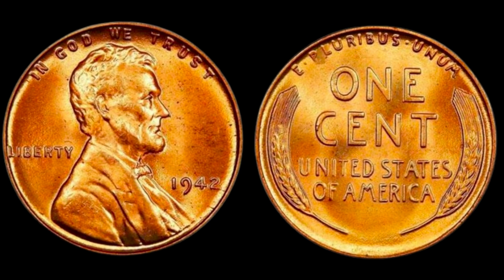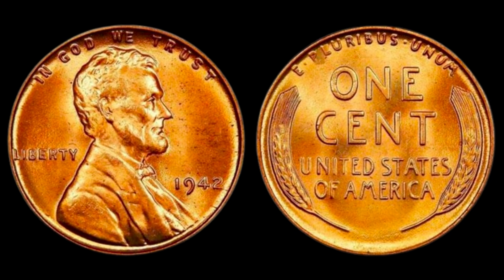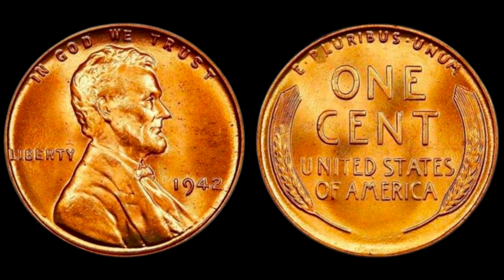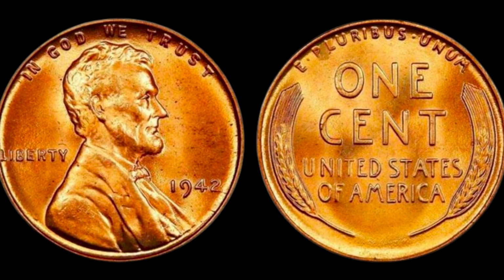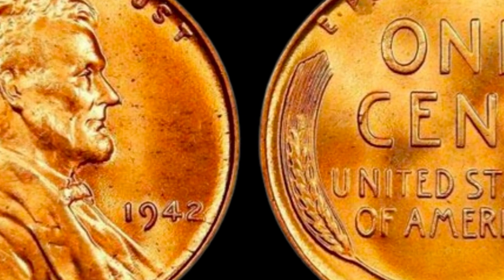Step 2. Examine the mint mark closely, especially if your penny has an S mint mark for San Francisco. If the mark looks unusual, perhaps slightly misaligned or malformed, you may have struck gold. Or in this case, copper. And remember, always have your coins professionally graded and authenticated before selling them, especially if you think you've got something